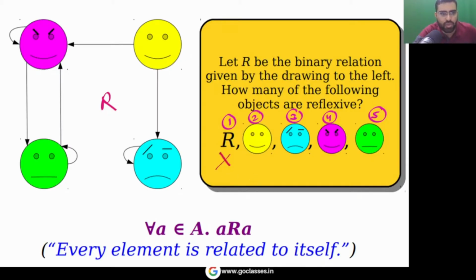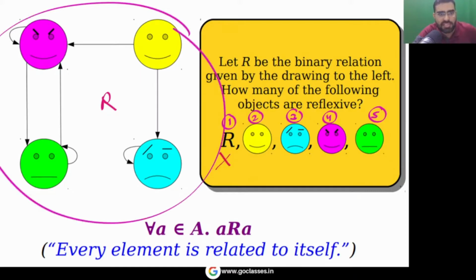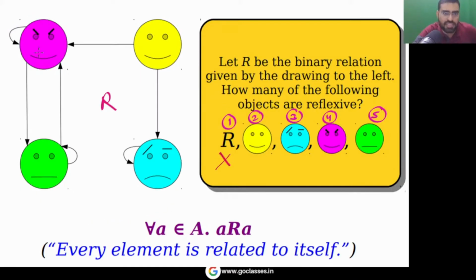R is not reflexive because you can easily see that this element is not related to itself. And the answer is not this, not this, not this, not this, because reflexivity is a property of relation, not of an element. This is a question from Stanford University, and it is basically just to remind you